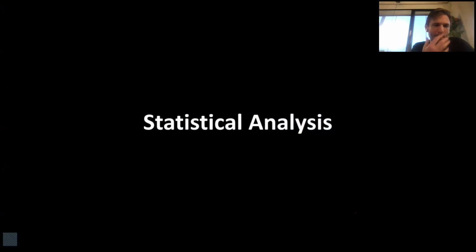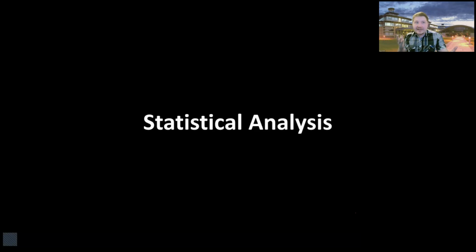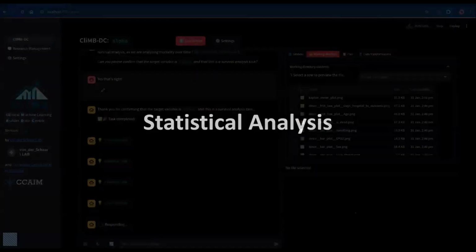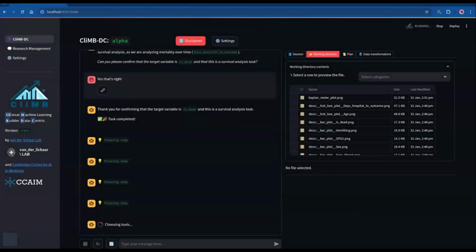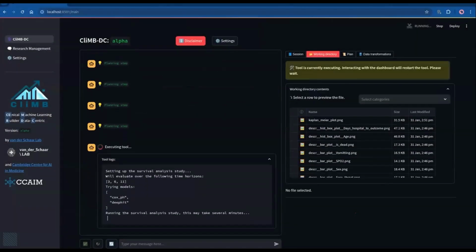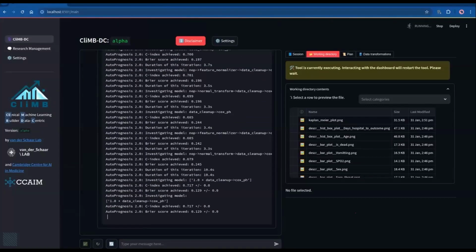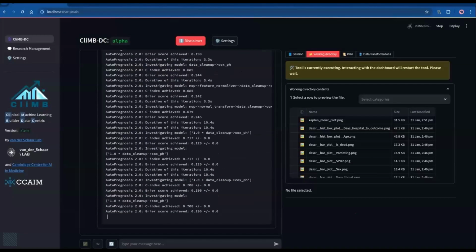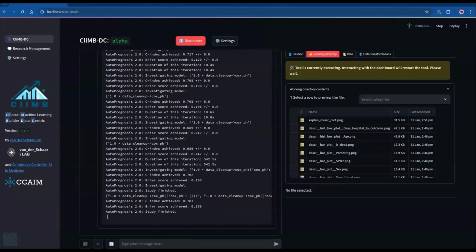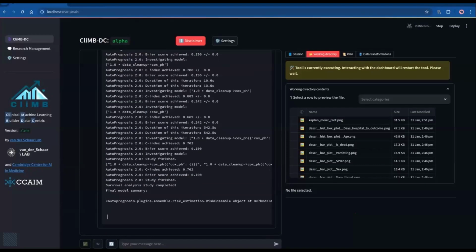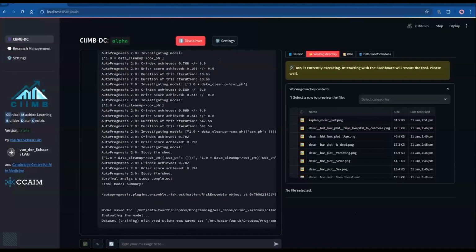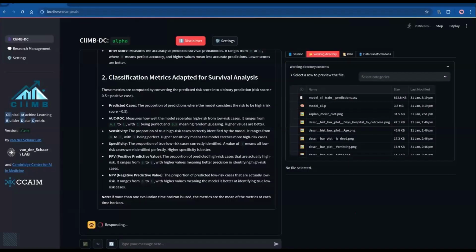Thank you. And of course, now we're moving on to statistical analysis, or people might call it the modeling step. And as I mentioned earlier, what we're trying to do in this example is predict mortality, the is dead column, based on the time period, which is the number of days in hospital. We will invoke an automated machine learning tool called autoprognosis, which will use ensembles of multiple different models, including more traditional ones like CoxPH, but also neural network-based ones like DeepHit. And it will find the best performing combination of models or an ensemble for our data.